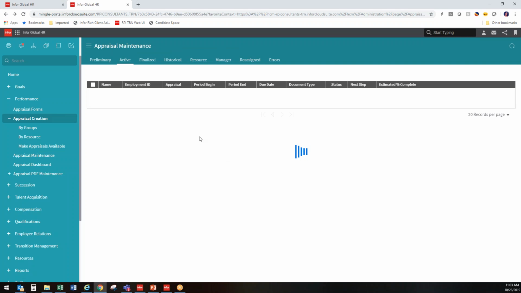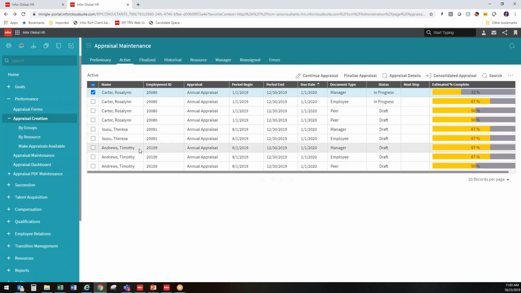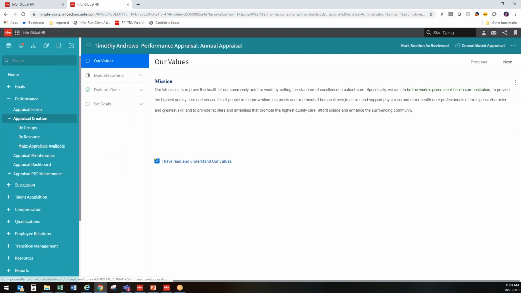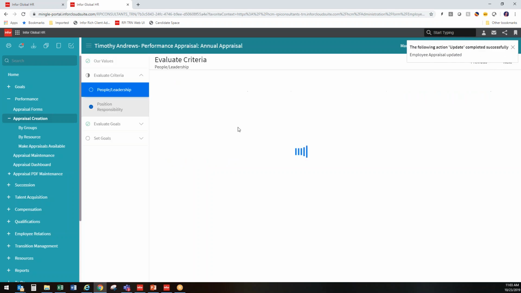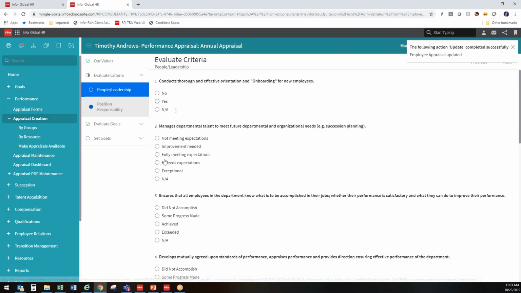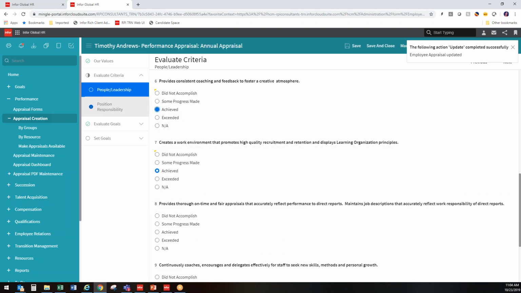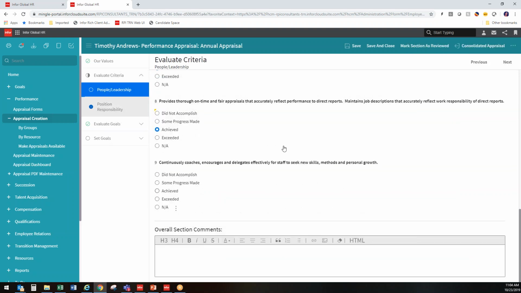When you do it, the system asks you to select a meeting date, which doesn't really drive a lot. It just records in the system a date that you've met, or plan to meet, with the employee, but it encourages the employee and the manager to get together and discuss the appraisal. So when the manager hits finalize as delivered, the employee will be able to see the manager's responses,